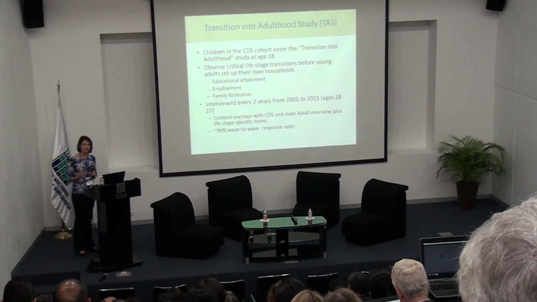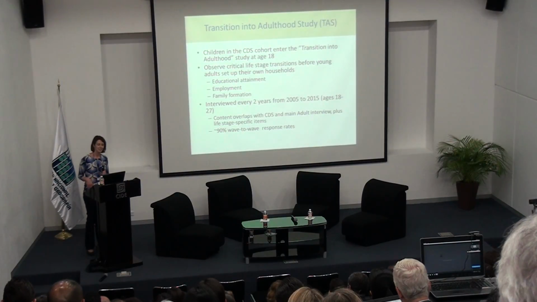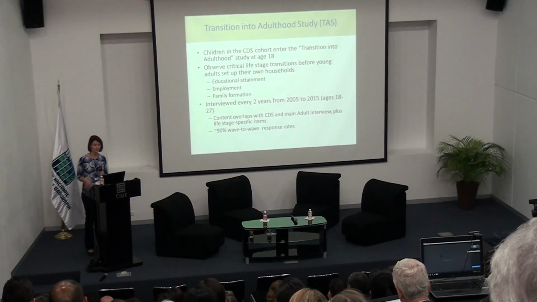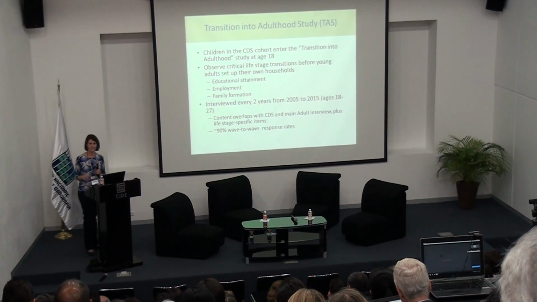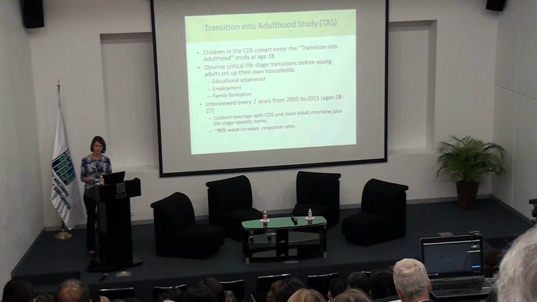So once these children reached age 17, they were no longer considered children, and as you might have calculated, the oldest children in the cohort, who were between 8 and 12 when the study began, were beyond childhood when this third wave of CDS occurred in 2007. So we developed another study called the Transition into Adulthood Study. And all children in the CDS cohort have eventually been absorbed into the Transition into Adulthood Study, which begins when